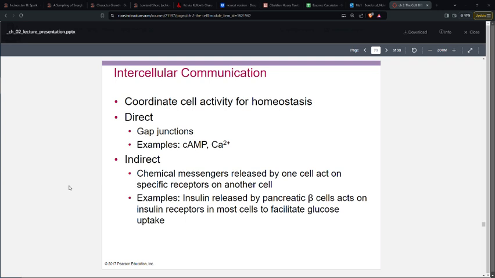How do cells coordinate the activities needed for homeostasis? Directly, this typically is because of those gap junctions. Chemical messengers include things like cAMP and calcium. Calcium is a chemical messenger. I know we don't think of it as such, but it is. Or it can be indirectly,